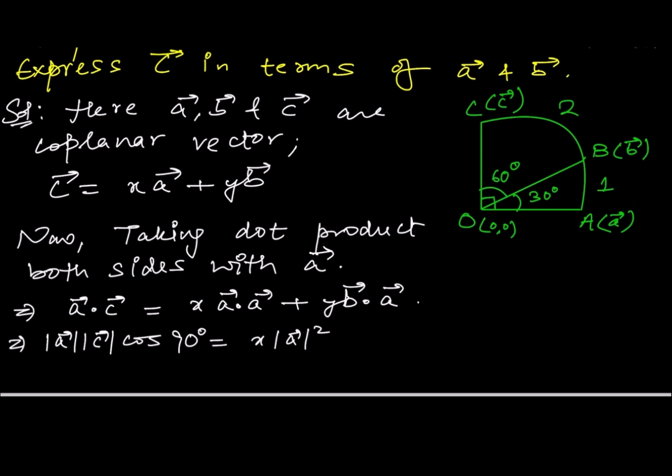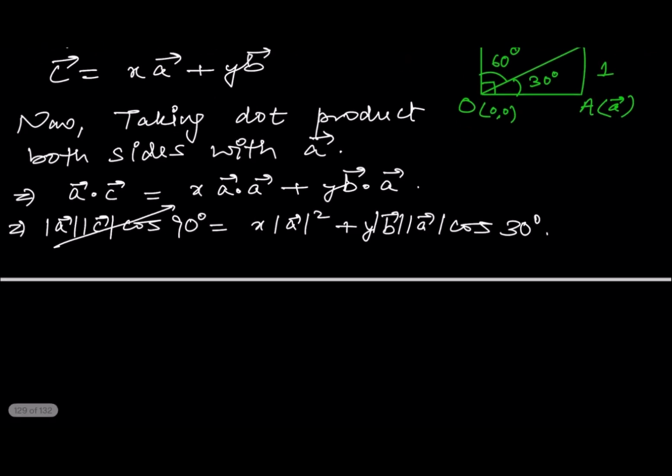x mod A square plus y mod B mod A cos theta, and theta is the angle between A and B. So this is cos 30 degrees, right? So cos 90 is 0. So this will be 0 is equal to